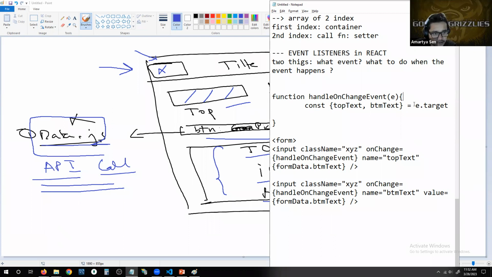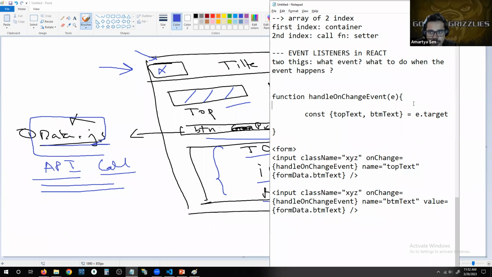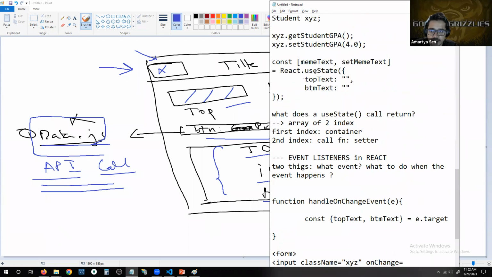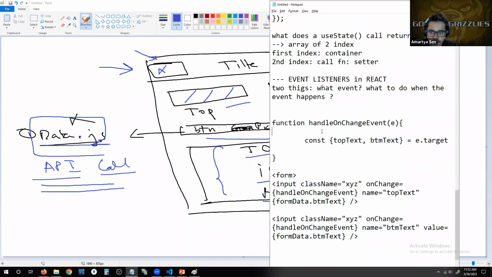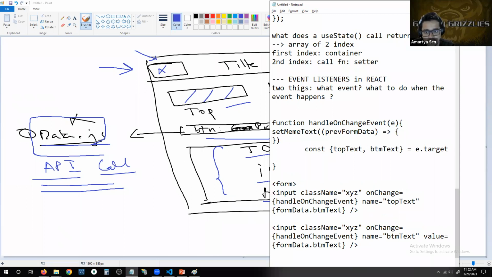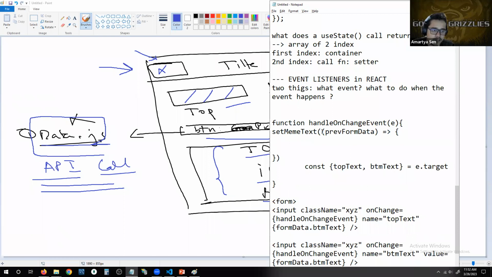Again, I just noticed that we crossed the time. So essentially, you will have to call your setter. So your setter is this guy here, state. Where's my state? The set meme text. So we need to call the set meme text. Okay, in that, it will be a callback function which will take the previous data. So we always write previous form data if it is wrapped in a form, or if it is a single value, then we will say previous value of that variable. And that will be passed into a callback function. And that callback function is essentially where we will reassign this particular situation, right? So we will return